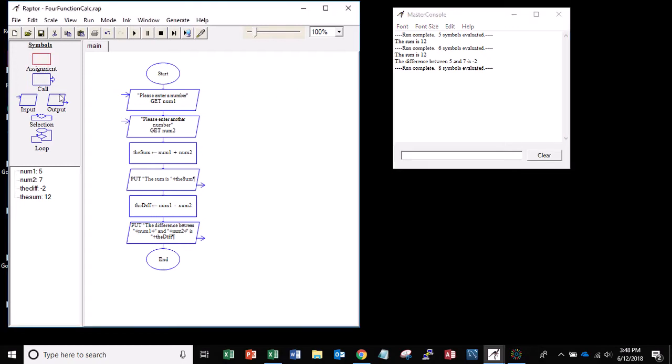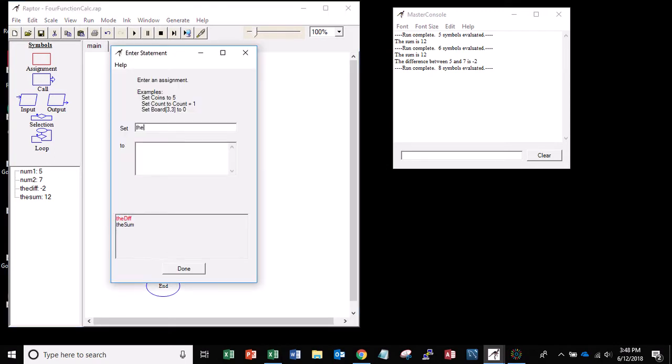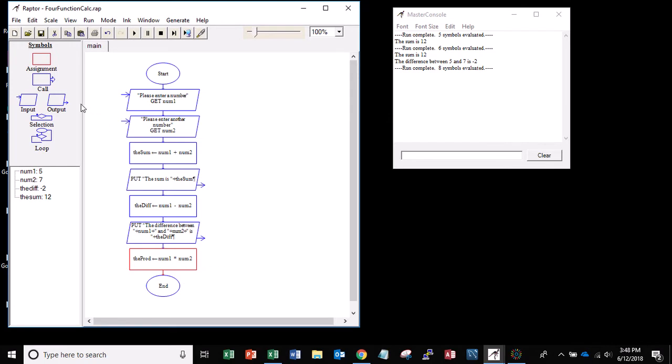So we want to do the product. The prod, or the product, we'll go with the prod since we used the diff, is num1 asterisk, or times, num2. Sorry that the times doesn't show up, but it's an asterisk. It's the one above your number 8. So if you hit shift and 8, that's an asterisk. So I've got that. And I need for output,